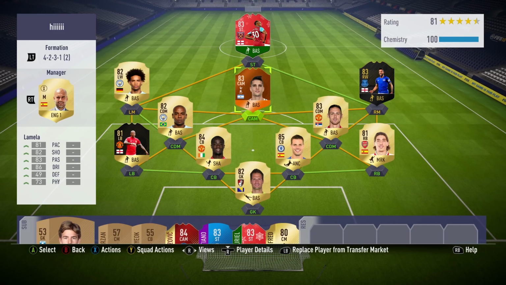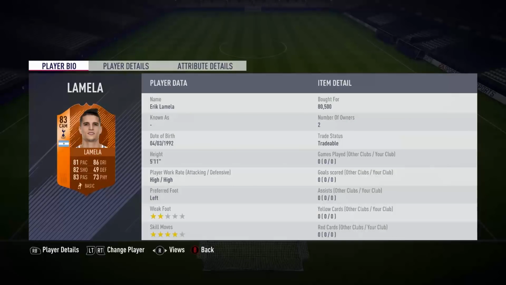Anyway, today I have a man of the match Erik Lamela player review for you, and all I've got to say is this card looks pretty interesting. Normally in FIFA he's a right mid, and this card, as you can see, is a CAM. If you were wondering why he got this card, it was for his performance in Tottenham's 2-0 win against Newport